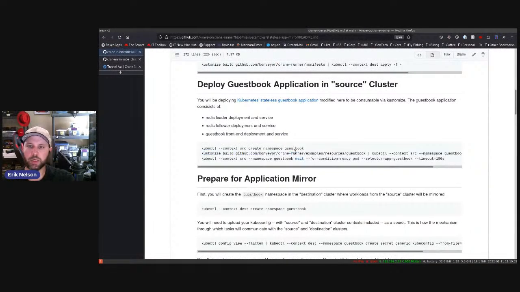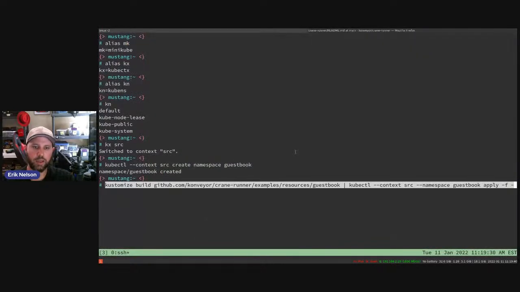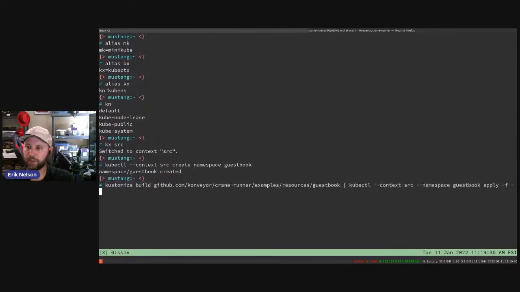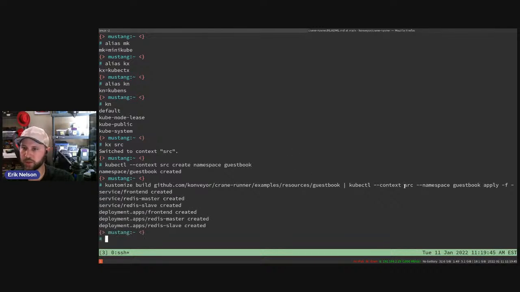And then secondly, what I'm going to do is run a customize command that pulls in the guestbook application and installs it on my source cluster here. So the customize command is just layering in some details. I think it's bundled as a customize, which means it's organized in such a way that it's customize aware. And so this instantiates it, and then I'm going to pipe it into my kubectl command to create that on